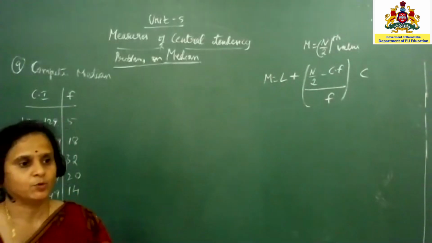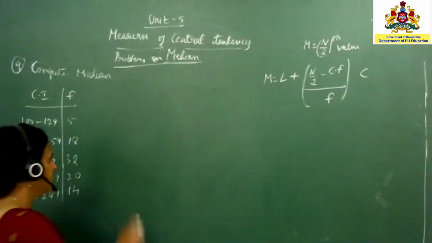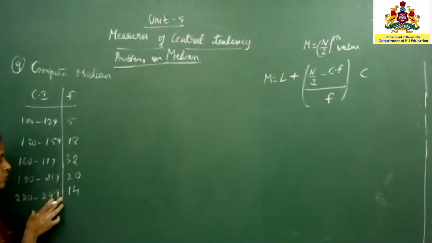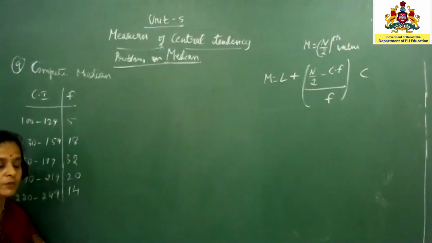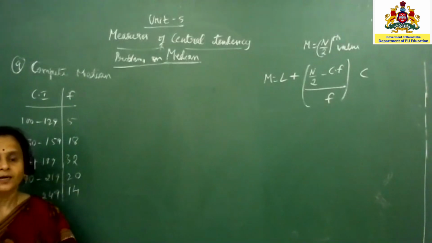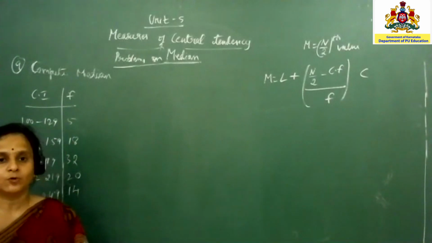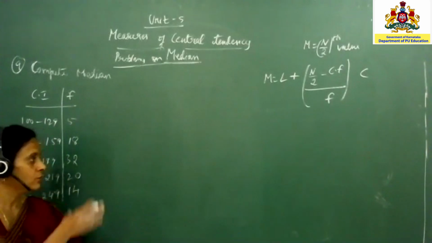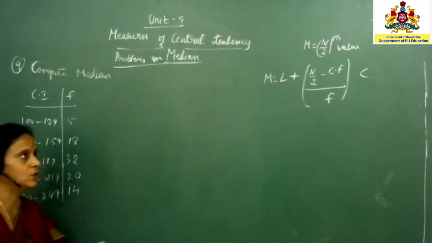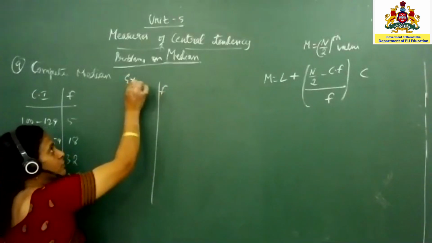Let me move to the next problem. Again, compute the median. You have class interval and frequency given. You can make a note of one difference: this class interval is of inclusive type. So my first job is to convert it to exclusive. In arithmetic mean, whether you convert to exclusive or not, we can just go with the problem. But for the remaining, like median, mode, etc., we have to convert inclusive to exclusive. So my solution starts with converting to exclusive form.